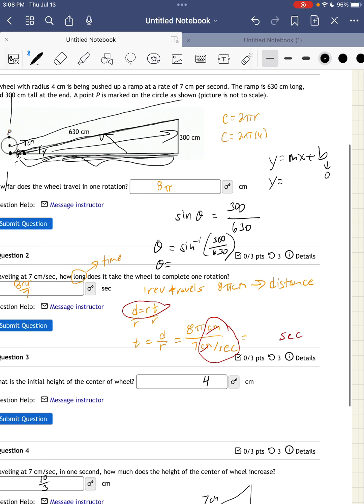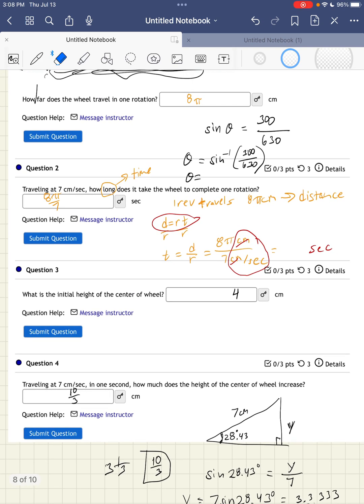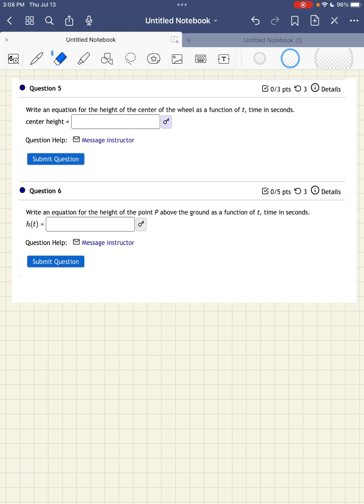So I'm going to do this, or we could just say that we just figured out that as a result of going up the ramp, it goes up by 10/3 per second. So it's going to have an initial height of 4 from question 3, and then we're going to be adding 10/3 per second. So that's the answer to this next one. It is